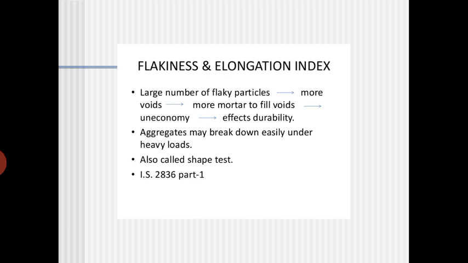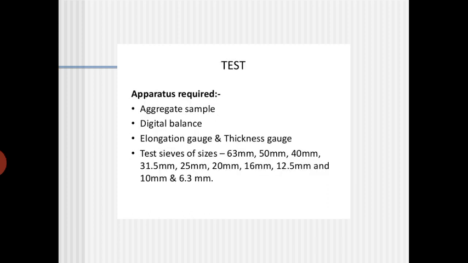It is also called a shape test. I already said that it tells about the different types of shapes. If you want to find out the flakiness and elongation index, you have to use IS 2386 part 1. So then how are we going to find out this test? To find out this test,